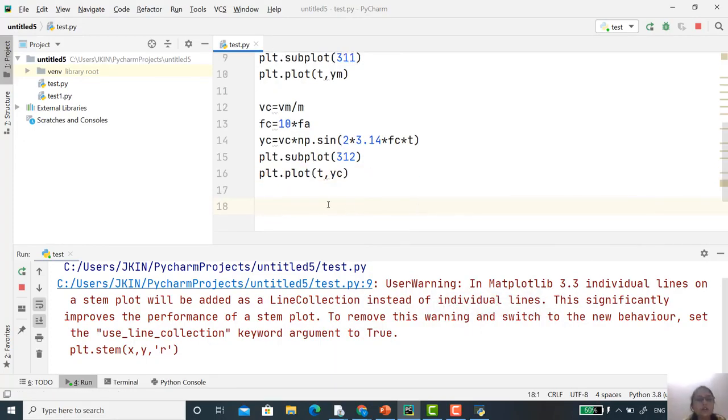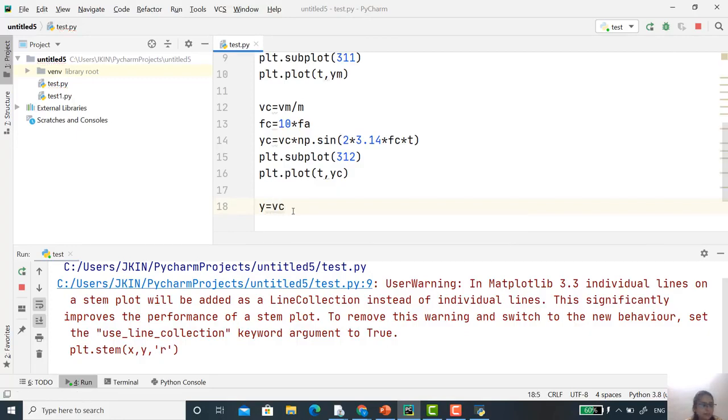Now we want to generate our modulated signal using these two. Using the modulating signal and carrier frequency, we want to generate our modulated signal. For that, I am just writing the equation for the y-axis. That is y equal to Vc, the same equation that you use in ADC.